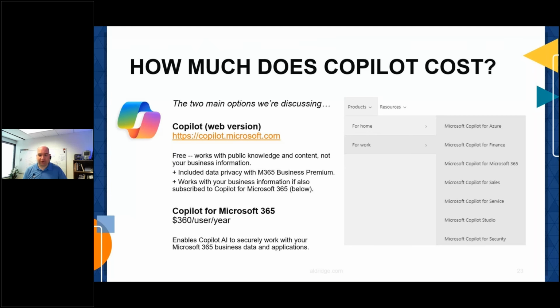The photo that's over on the right, I actually grabbed that one yesterday because Microsoft announced at least one more Copilot service that wasn't there when I built all these decks a couple of weeks ago. That product list is a list of all the various Microsoft Copilot offerings. So there's some very specific things, some role specific things. When you're talking about Copilot, let's keep the conversation to Copilot for Microsoft 365. That is really the play that gives you access to all this business information and the integrations that you saw